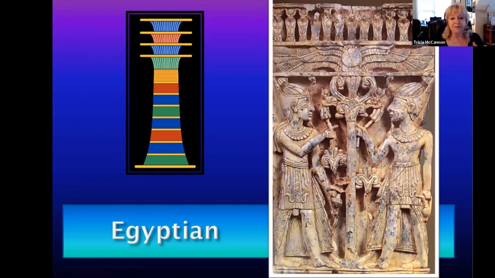Now, as time went on, there were certain shorthand symbols that developed that represented the tree of life, but they had multiple levels of meaning. And this was perhaps one of the best known. This is called the Tet, T-E-T, or Djed, D-J-E-D. And it is the pillar of regeneration, like the tree of life. When you drink it, it doubles your lifespan. It literally regenerates you.